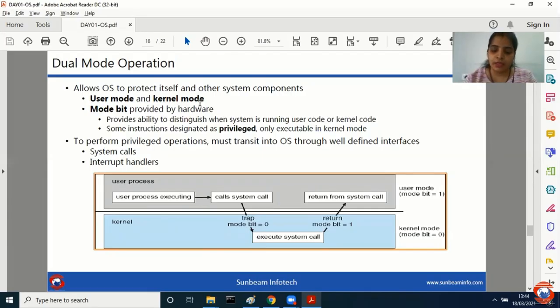If I am in kernel mode, what is the value of the mode bit? The answer should be 0. If I am in user mode, the answer should be 1. Right? So it provides the ability to distinguish when the system is running in user mode or kernel mode. It's not code, it is mode, just a typing mistake. Some instructions are designated as privileged, only executable in kernel mode.